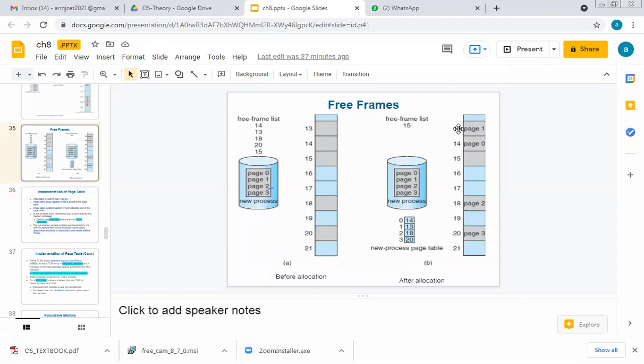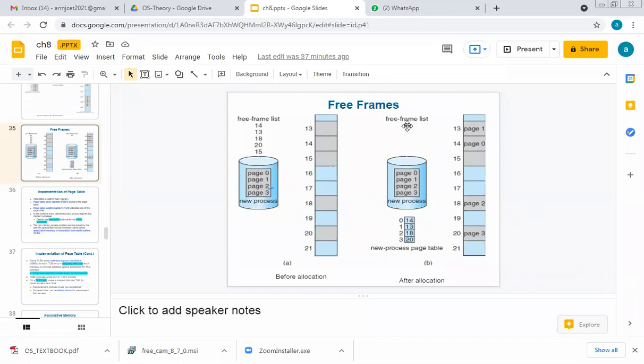Assume this case. Presently, these are all available. Page one work is completed. He will go out for a while. Half the work is done, he got an interrupt. So again he will come back, that is using swap in and swap out. When he comes back, should we give the same space or a different space? If it is the same space, no problem. If it is a different space, then what I have to do is clear everything.